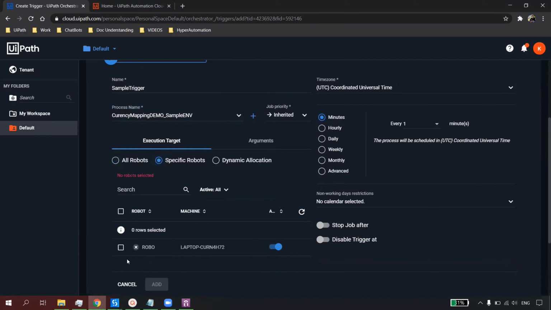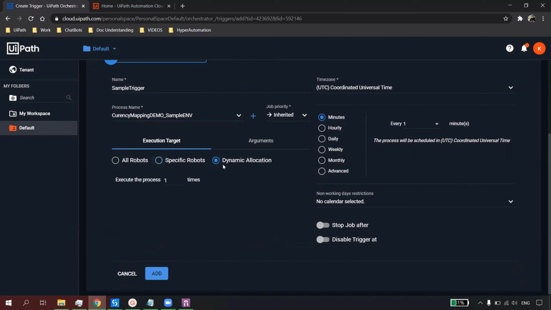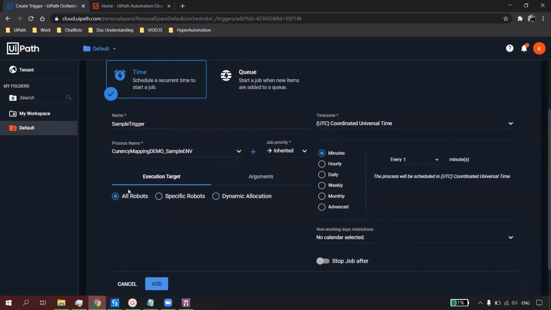When I say specific robot, I would have to select the robot, and there is also dynamic allocation, which allocates dynamically. When you select all robots, all the robots in this sample environment, we might have 4 robots, 5 robots, it can execute on any of them.